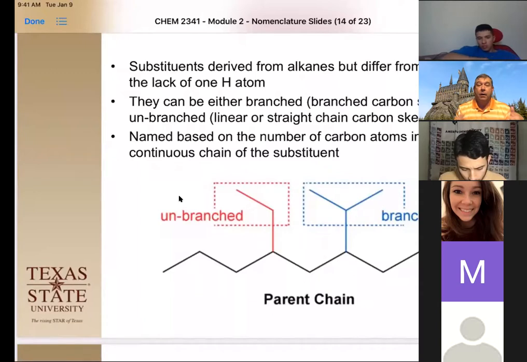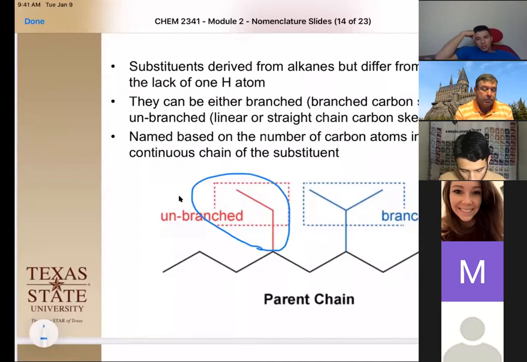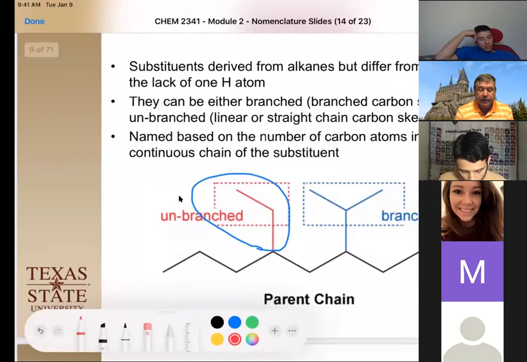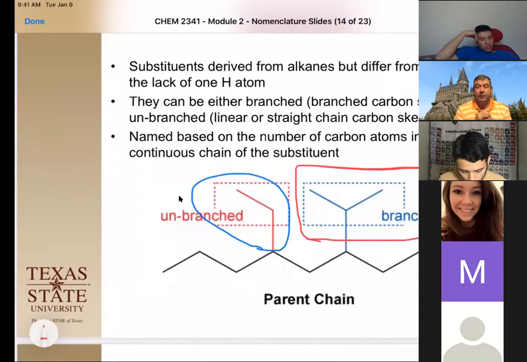So in hydrocarbons, if we only have carbon and hydrogen, then they must contain only carbon and hydrogen, okay? And they can either be branched, which means the stick coming off can be just a straight chain itself, but smaller, or it can be a straight chain that comes off and then itself breaks into another chain, okay? So we need to know whether that little branch coming off there has a branch to it or it does not, and that changes the name, even though it may have the same number of carbons.